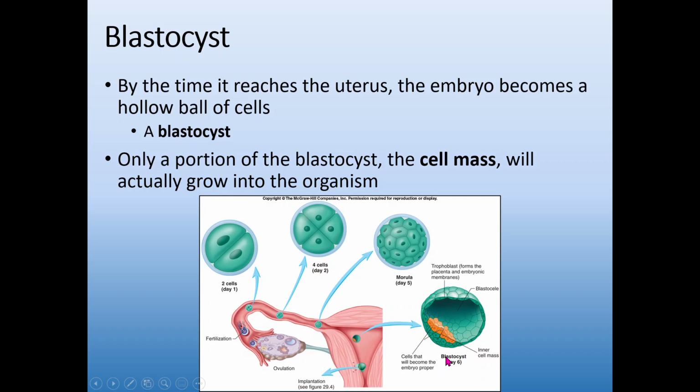It's also differentiated the types of cells now. We've created a distinct portion on the inside of the blastocyst called the inner cell mass. Those cells are going to be the ones that eventually grow into the new organism. The rest of the cells, the ones surrounding it, creating our shell, are going to be providing nutrients for the cell while we are developing the placenta.